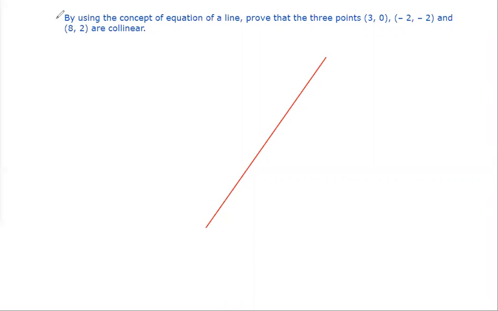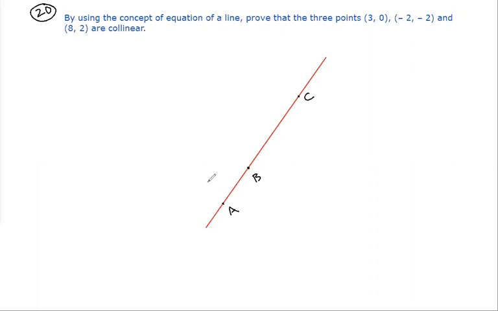So now the last question is there in the textbook of 11, 20th question. By using the concept of equation of line, prove that the 3 points are collinear. So what is this concept, children? Now let's say these 3 are the points, right? So we can say the line segment we get by joining AB and the line segment we get by joining BC, they are parallel. We can say that, or we can say they are on the same line.